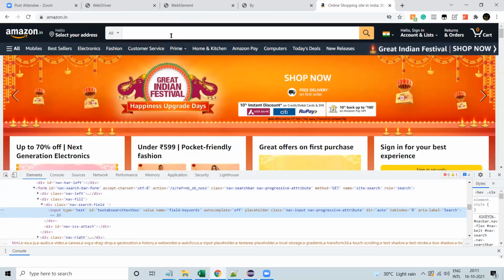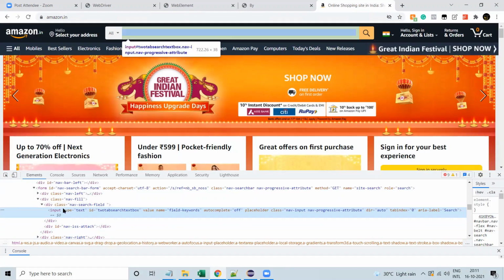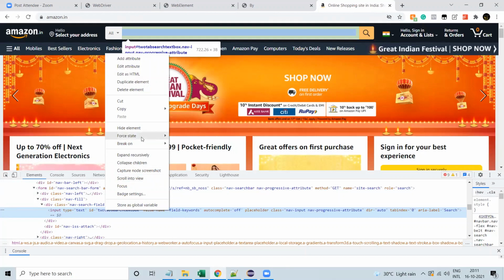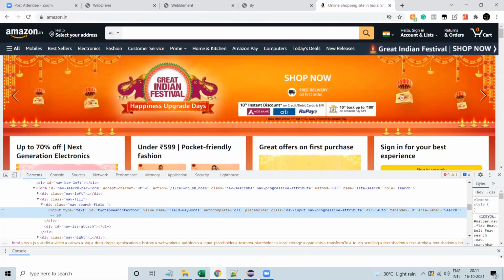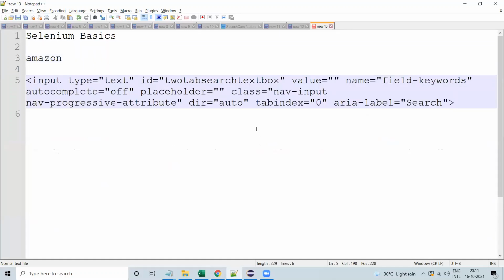You will see the HTML component over here. We need not worry about learning the entire HTML in order to work with Selenium. We just need to understand a few things, basically the tag name. This is called the tag name. I'll copy this element. Here, if you can view it clearly, this is a tag name.